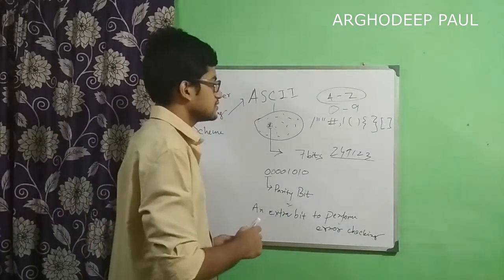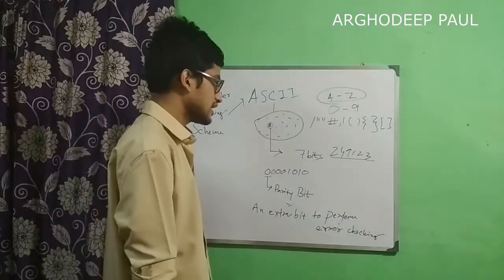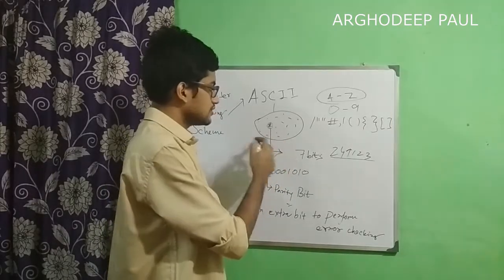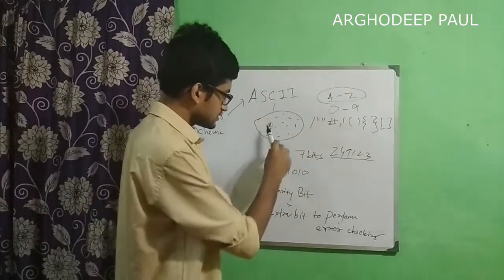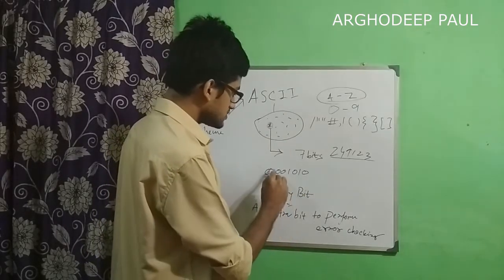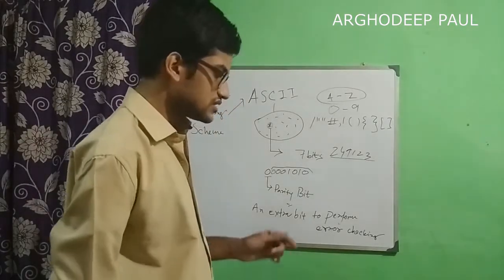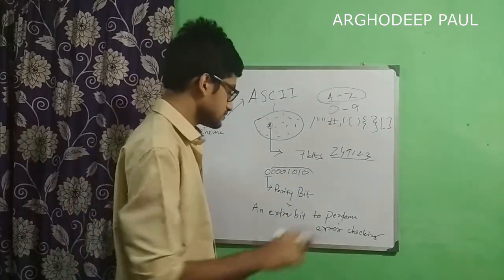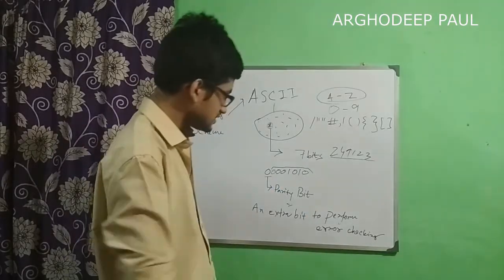And ASCII uses 7 bits to express these characters. Let's say I am talking about the hash. A hash is already present in this character set, so just assume this is the binary code, or 7 bits, for this hash; it will start from here and end here. This is the basic idea: it will express any of the characters in its character pool or character set by using only 7 bits.